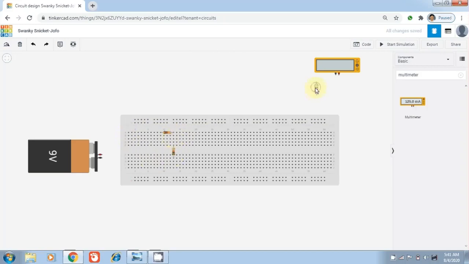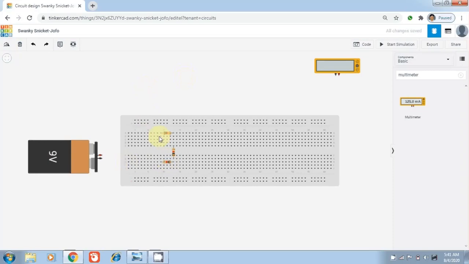So we put another resistor and rotate it, and after that we make connection like this.